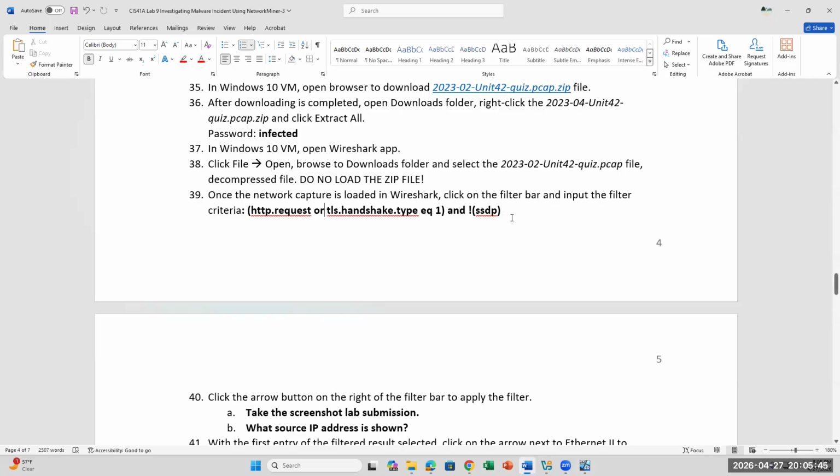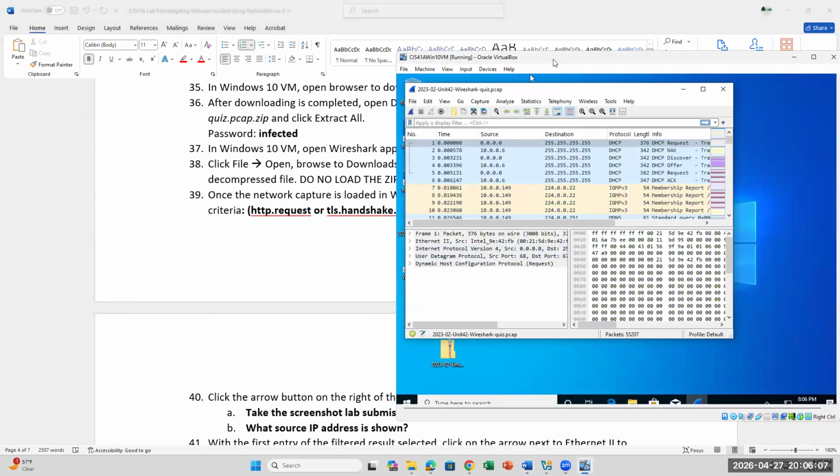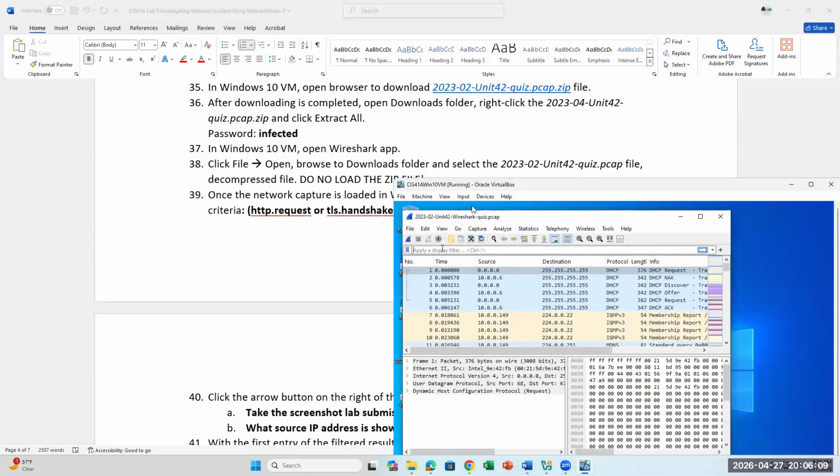So the criteria in the filter bar, we're going to look for a request for HTTP, like a port 80, or a session that allows them to, equal true, equal one is true, right? And then where it's not an SSDP, which is a different protocol. So what we can do is we can type all of this in. So in the filter bar,